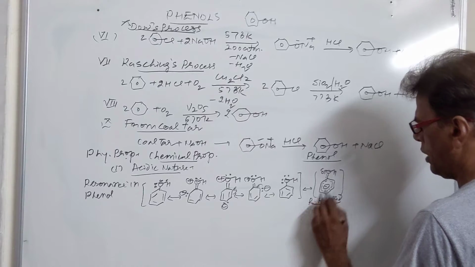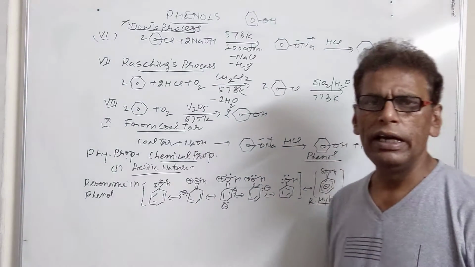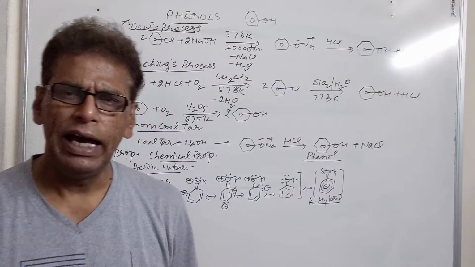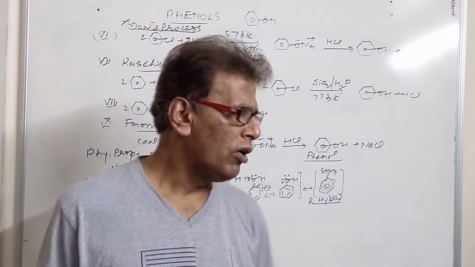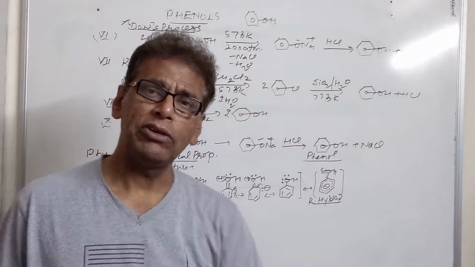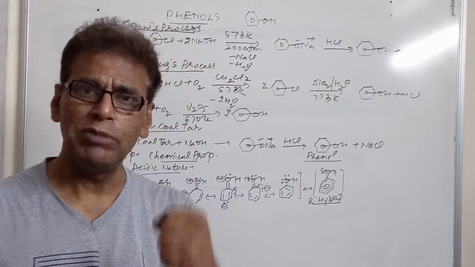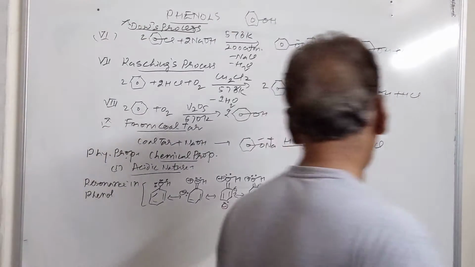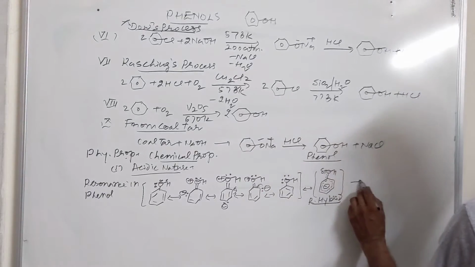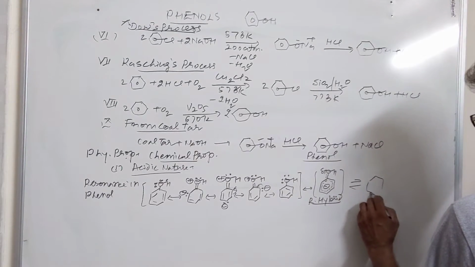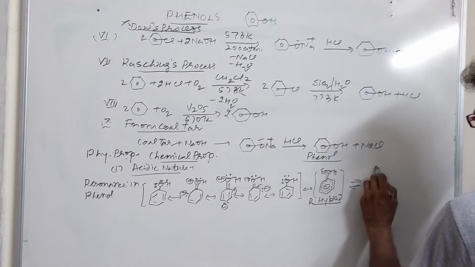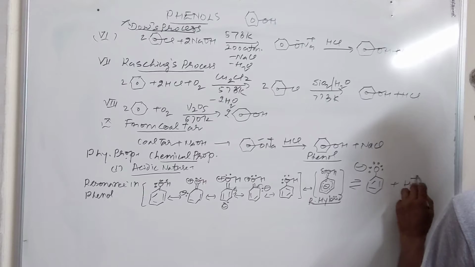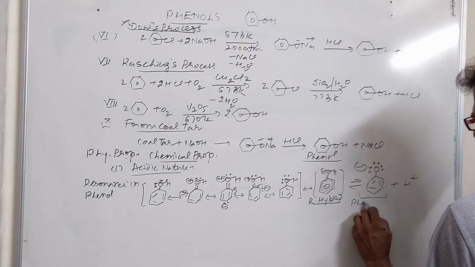Now, due to positive charge on oxygen, it is anti to the nature of oxygen. It is always electronegative in nature and tends to pull electrons from the OH bond. In this case, since it has acquired a positive charge due to resonance, it has become electron deficient. So it will definitely pull electrons from OH, and the OH bond becomes polar. Due to this reason, phenol is capable of releasing a proton in the form of H positive ion, and oxygen acquires a negative charge. This proton is lost. This is called phenoxide.